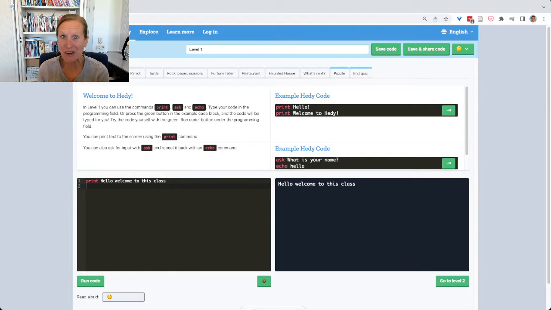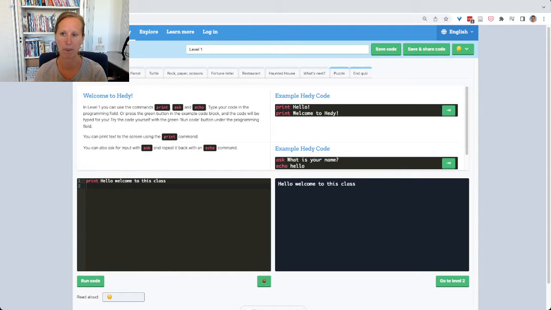I have moved to the other side of the screen, and that's because I want to show you something that's going on here. Another thing that really differentiates Hedy from Python and other textual programming languages is that it is not necessary to know English to actually program in Hedy. So this might not be relevant for everyone, but if your learners are not all native speakers of English,